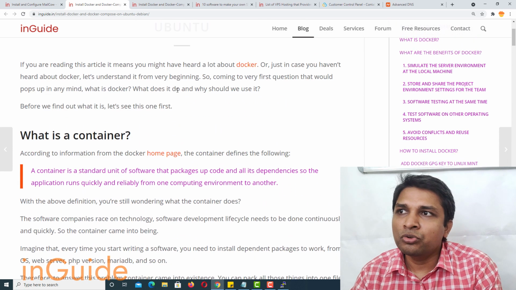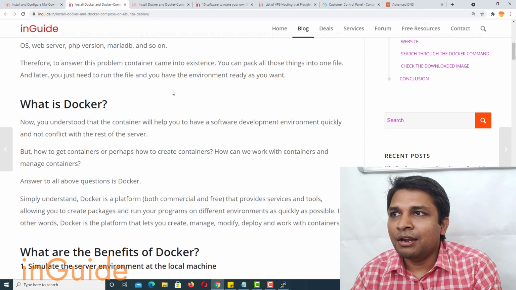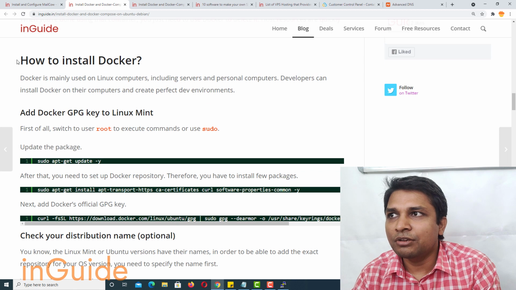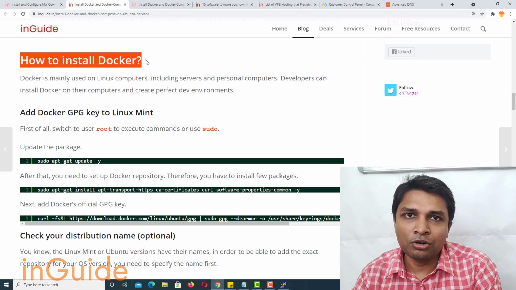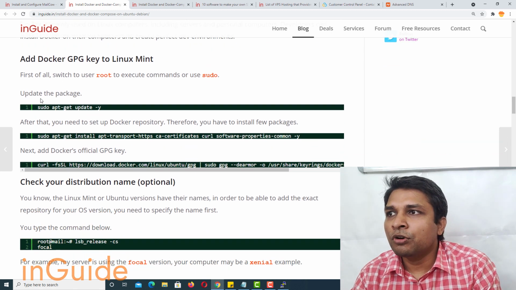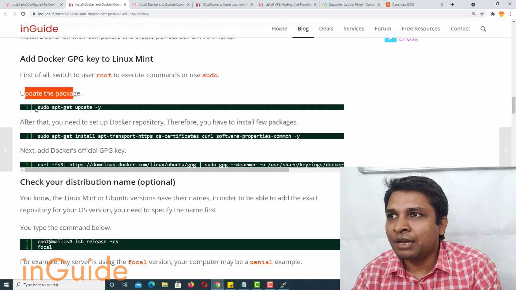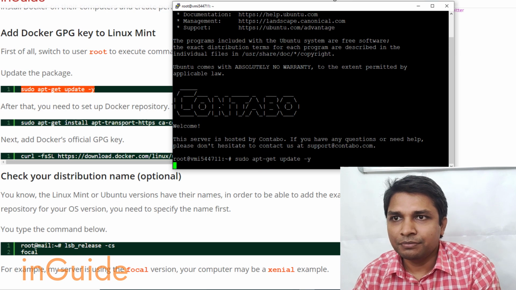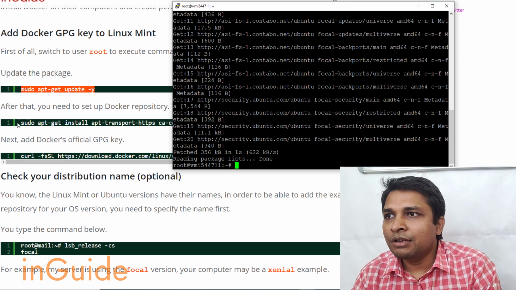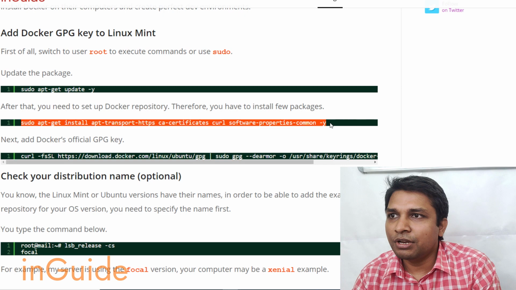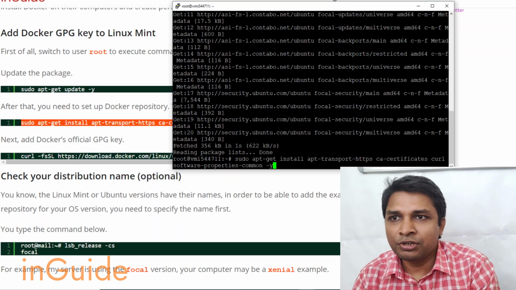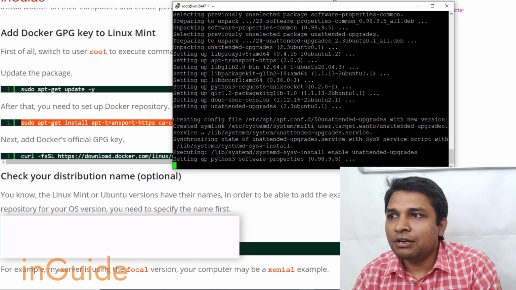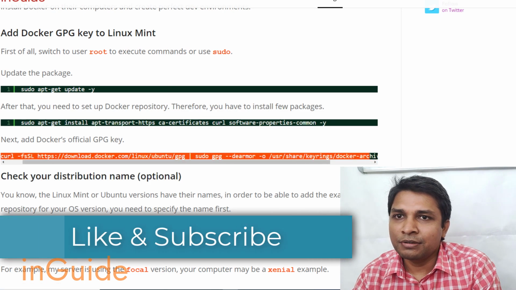It's up to you to read this article, and I am just going to scroll down and continue from here on how to install Docker. First of all, you have to update the packages, and for that I'll execute this command. Alright, then you have to execute the next command to set up the Docker repository, and then let's get ready with the next command.